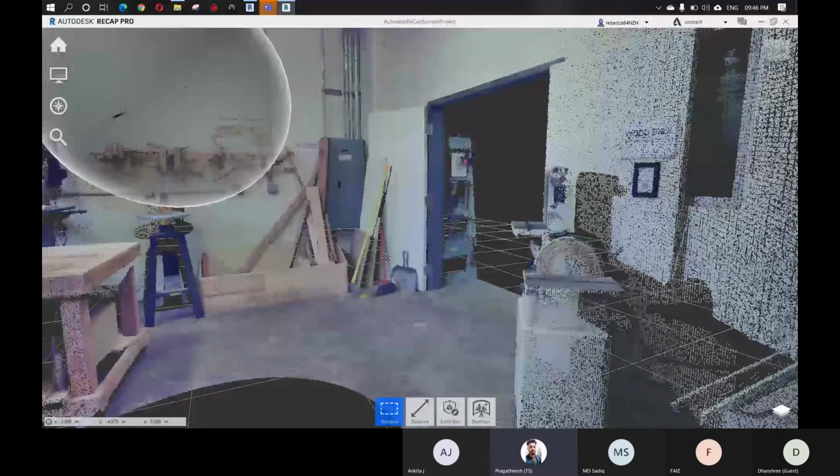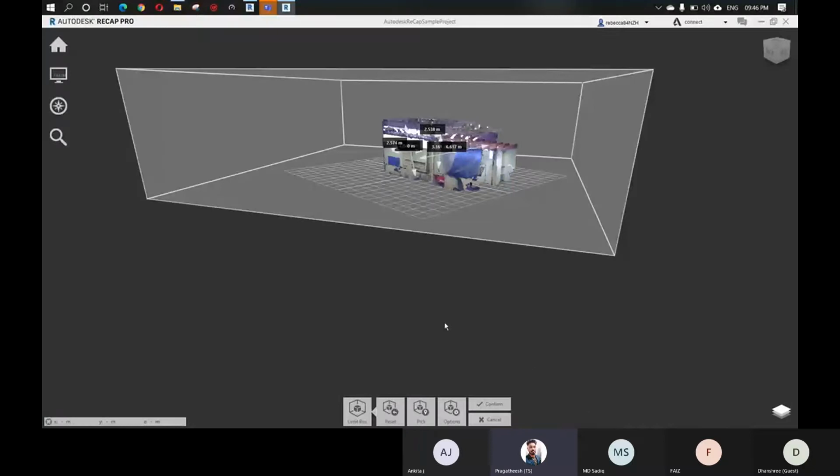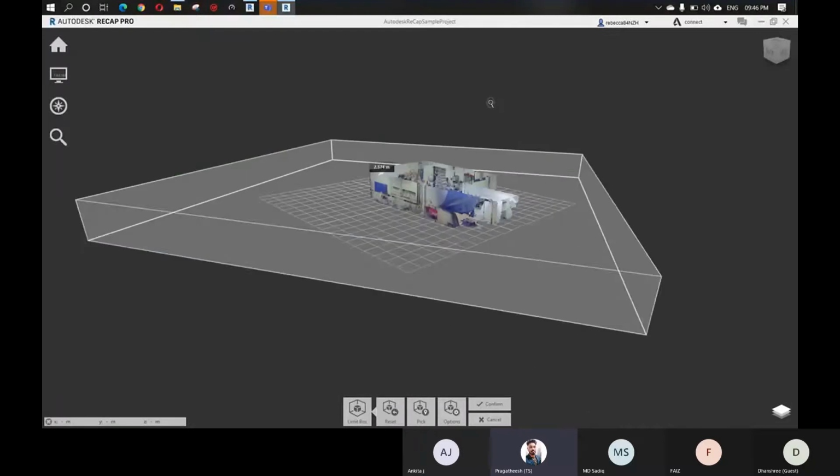You can also take sections here if you want. You can go to this limit box option, click this, take a section like this, and view.